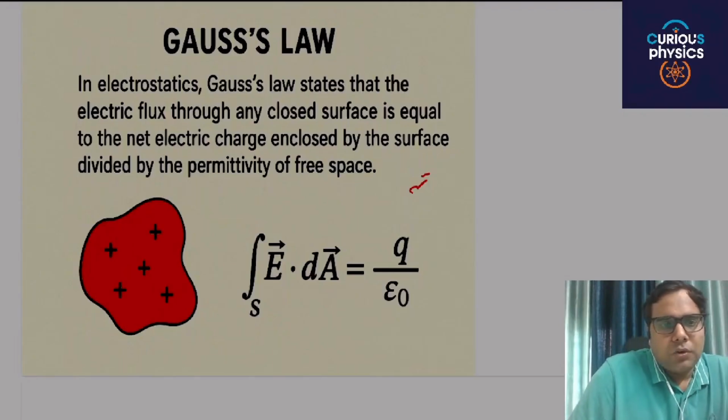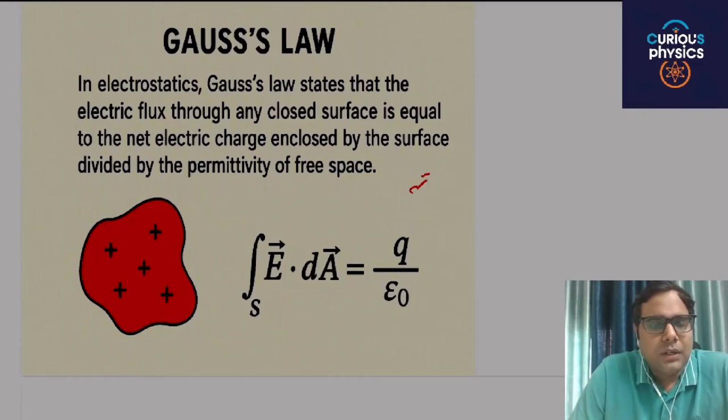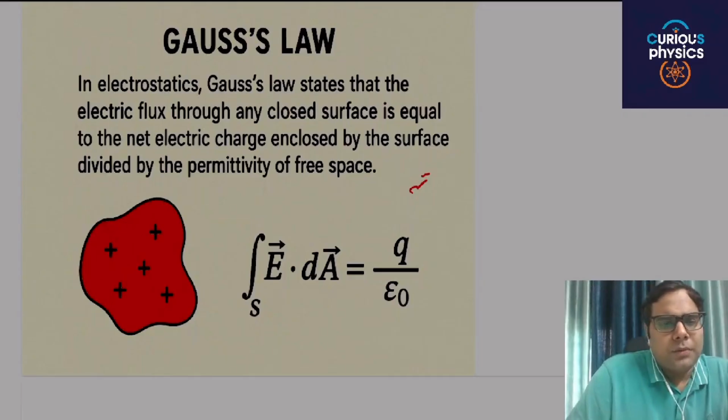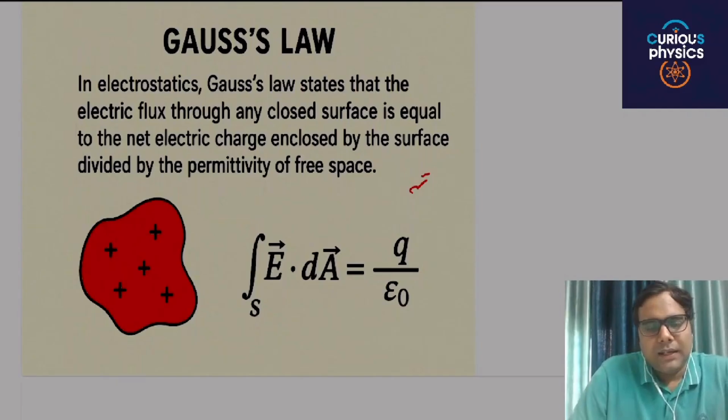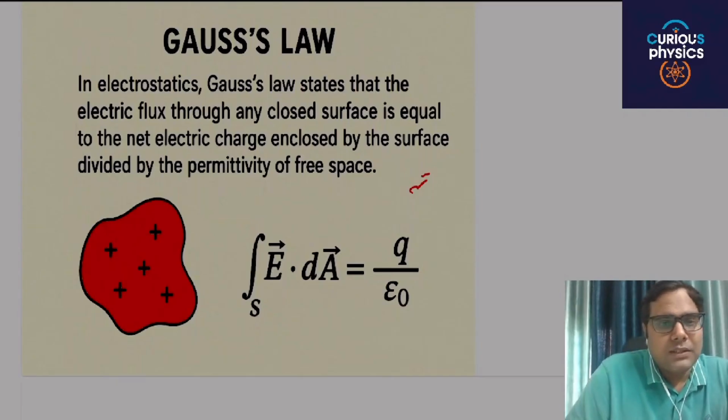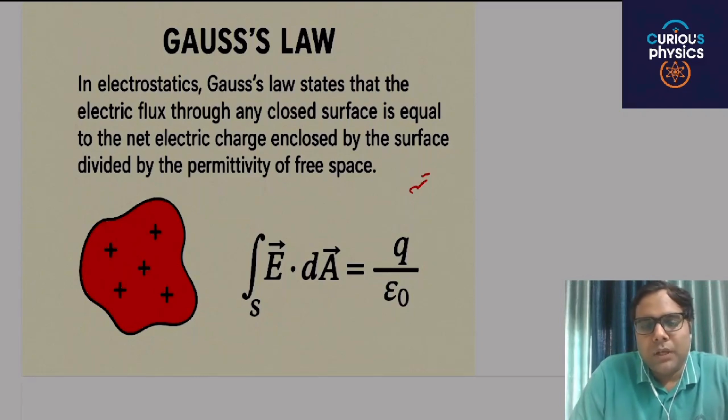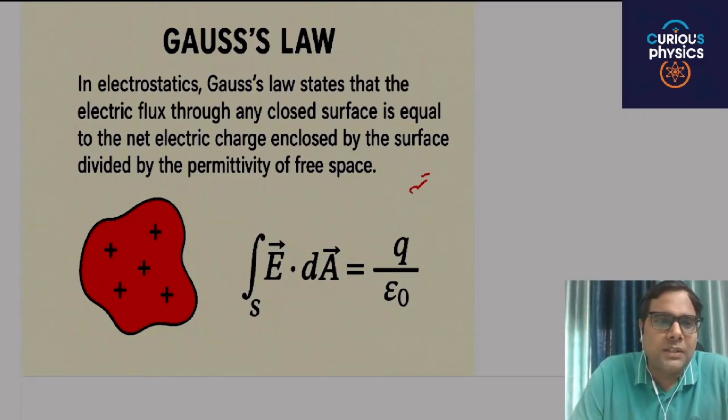So today is the fourth lecture of the first chapter, electric charges and field. In this particular chapter, we will study the basic concept of Gauss law and its applications. Until now, we have already studied the basic properties of charge, Coulomb's law, electric field, electric flux, electric dipole moment, and the behavior of electric dipole when it is placed in a uniform and non-uniform electric field.